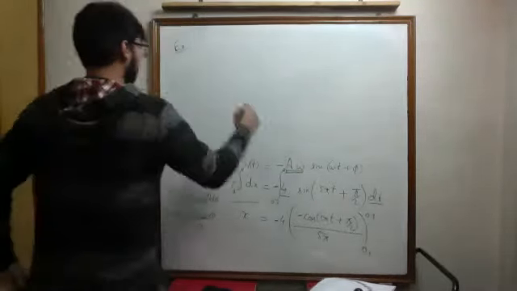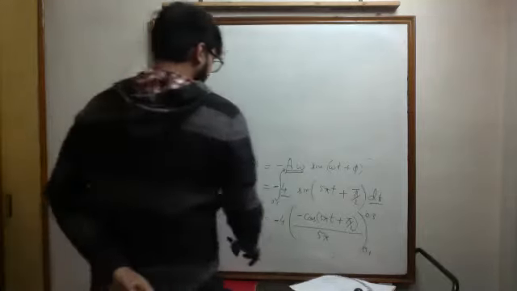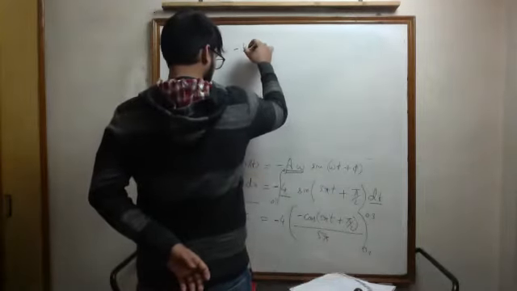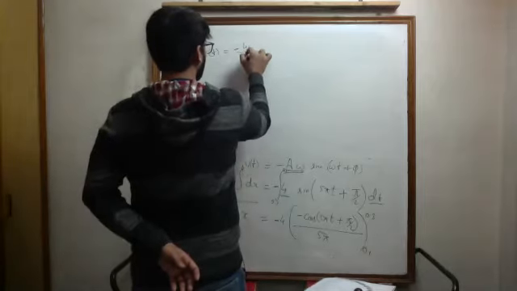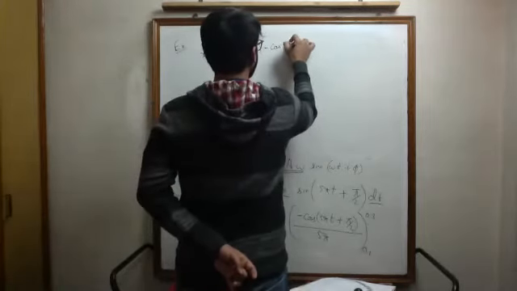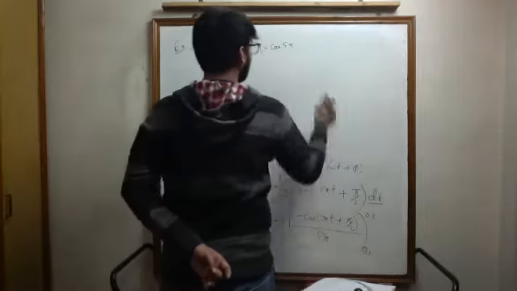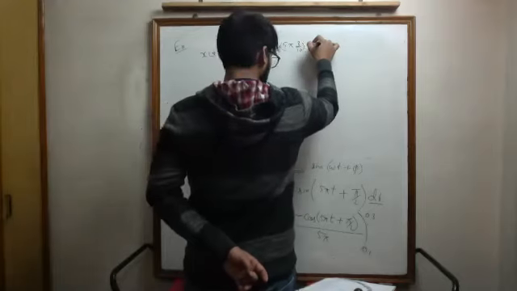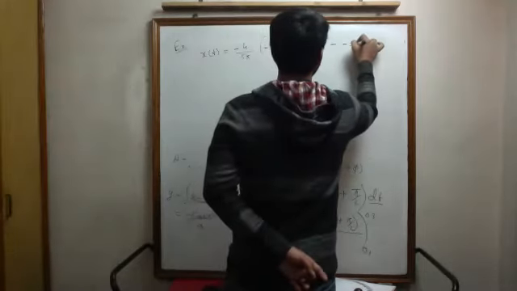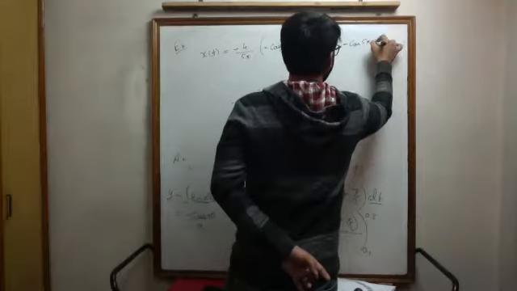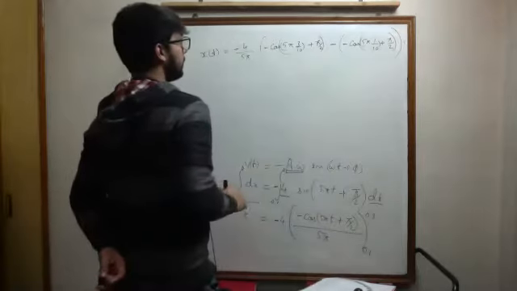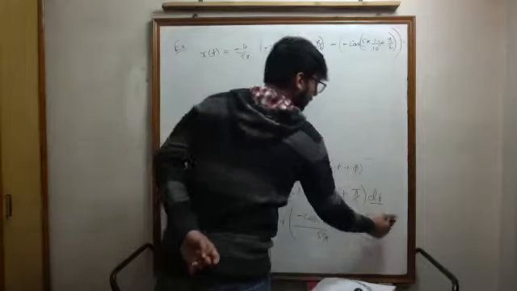ठीक है, so now what will be my final value of x t? -4 upon 5 pi minus cos of 5 pi into, I will put the maximum value first, so 3 upon 10 plus pi by 2 minus cos of 5 pi 1 upon 10 plus pi by 2, like this. ठीक है, दोनों की वैल्यू डाली मैंने, पहले b डाला है,